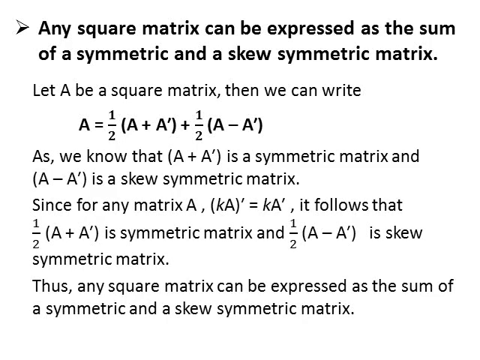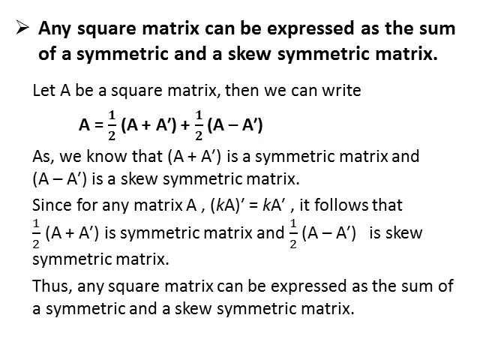As we know that A plus A transpose is a symmetric matrix, so half of A plus A transpose is also a symmetric matrix. Similarly, A minus A transpose is a skew symmetric matrix, so half of A minus A transpose is also a skew symmetric matrix. So students, any square matrix can be expressed as the sum of a symmetric and a skew symmetric matrix.